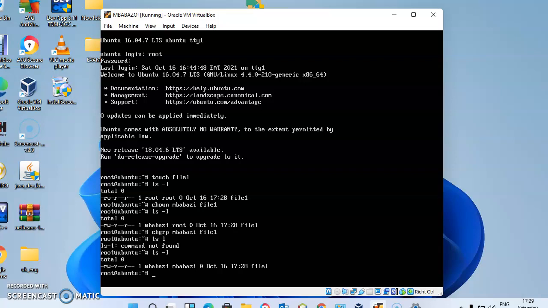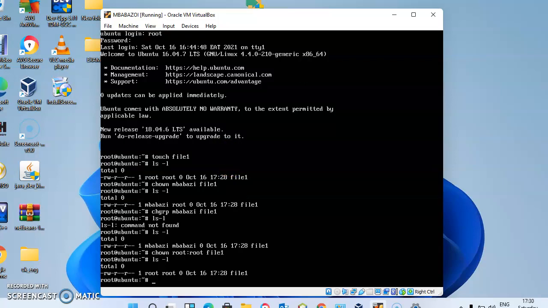Then you are going to change both of the owners back to being root with a single command. Here we are going to use chown root file 1 and enter. So we are going to the next question, which is telling us to